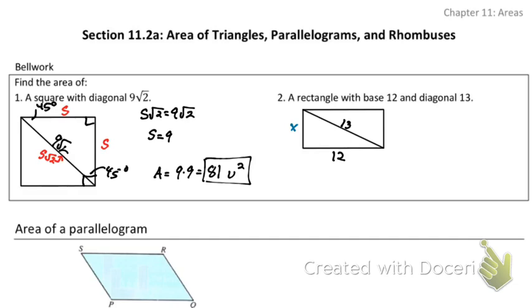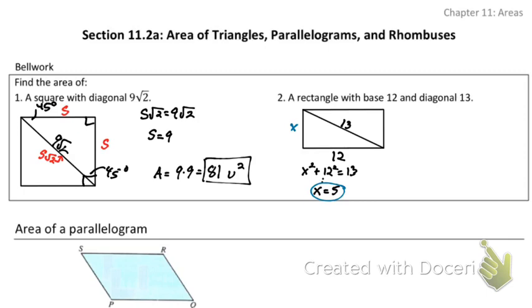What if I didn't realize it was a Pythagorean triple? What would I do to find x? Hamza? Just the Pythagorean theorem. So we could do x squared plus 12 squared equals 13 squared. But Aryan said, well, hey, I realized that was a Pythagorean triple, so I can jump right to the fact that x equals 5. We all get the same answer. It's just that one person is done right away because they realized it was a Pythagorean triple, and someone has to do a couple extra steps. But long story short, our x should be 5,